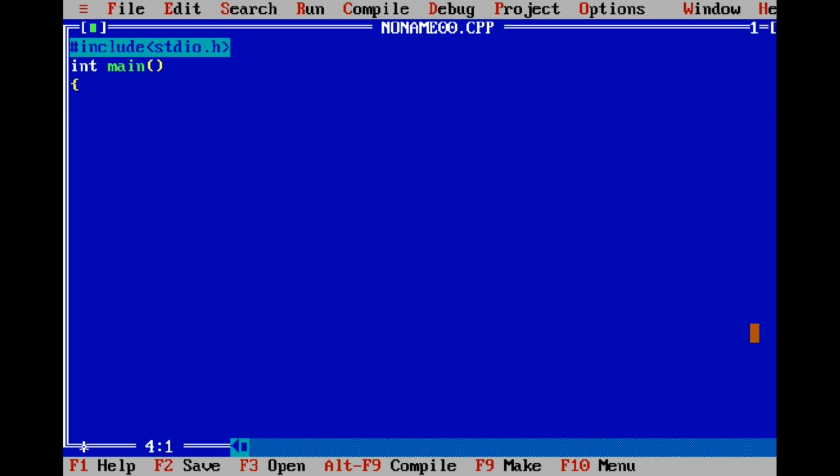First, we have to declare the header file #include <stdio.h>. It is used for input-output operations or functions. Next, we have to declare the main function because the program starts with the main function.